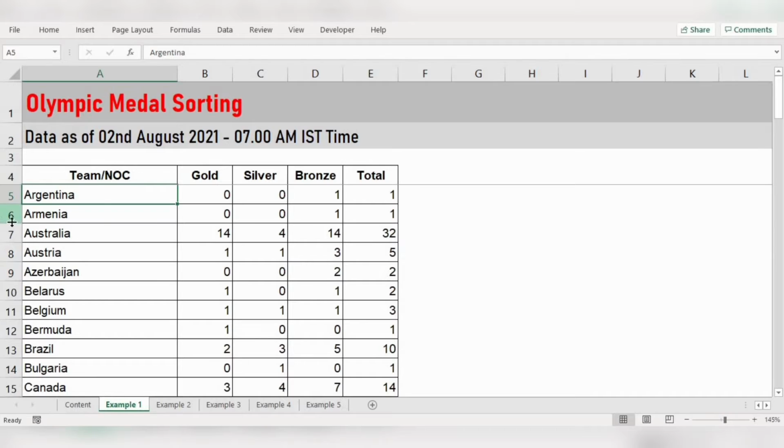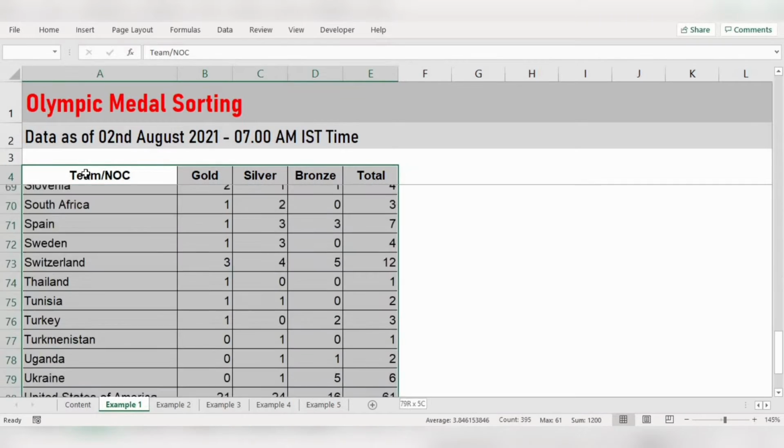We have the data country-wise. Now we are going to use the sort option, and we are going to sort the data according to gold, largest to smallest, then according to silver, next largest to smallest, then according to bronze, largest to smallest. Let's see how we can do that.